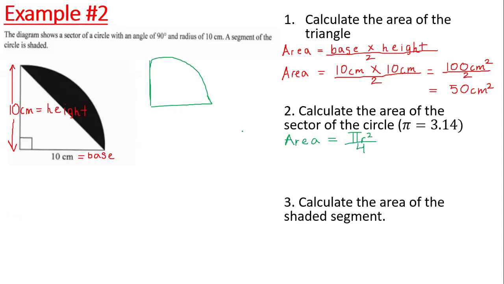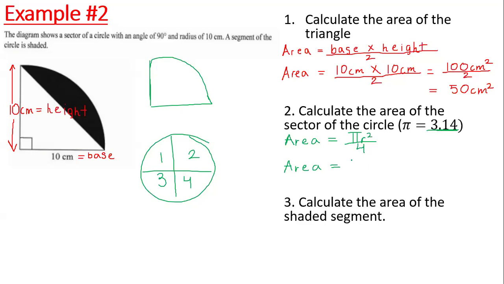Why are we dividing by 4? Remember why we divide by 4? Because it's a quarter of a circle. Very good. It's a quarter of a circle. Right, we divide the circle into 4 equal parts. So it's going to be area is equal to, now pi in this case is what? Pi is 3.14. So it's going to be